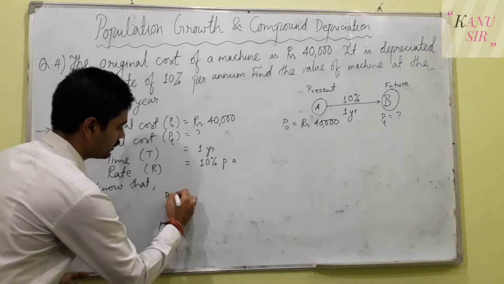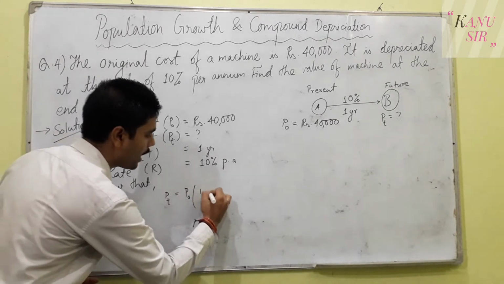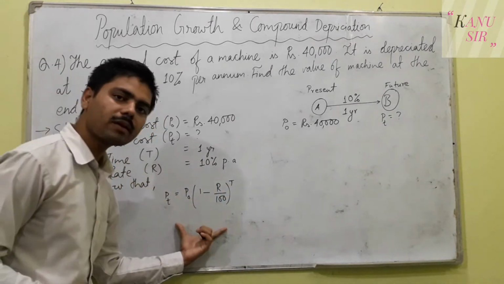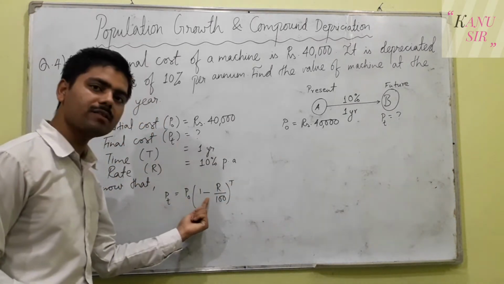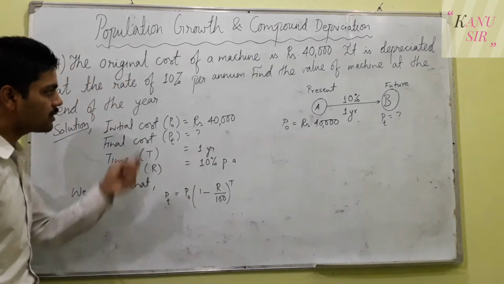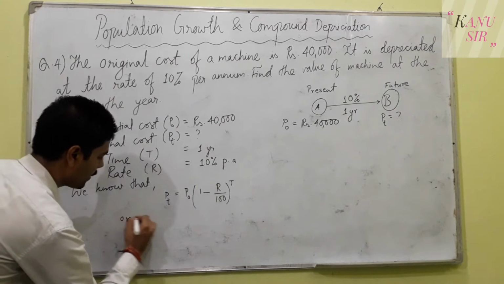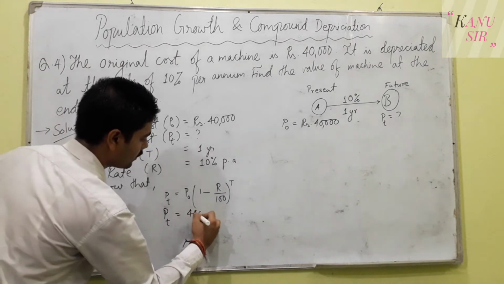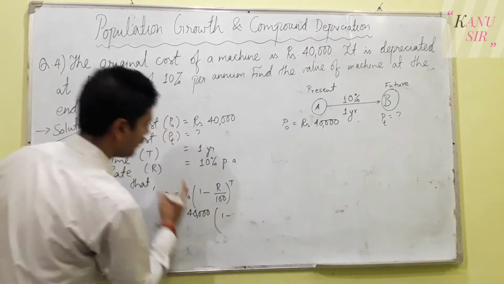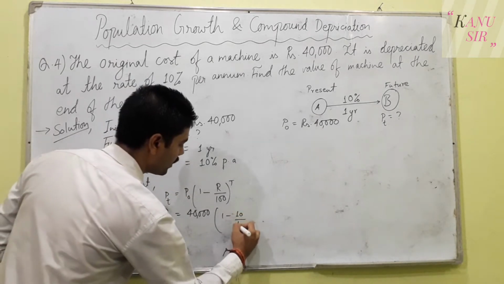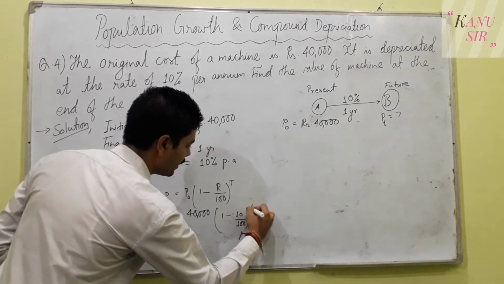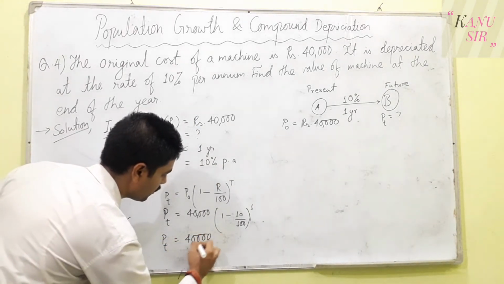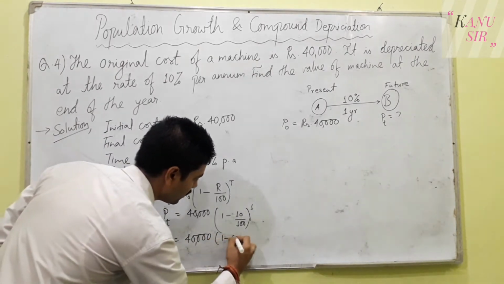Final cost is equal to initial cost times (1 minus R upon 100) to the power T. Here is the difference in the solution. You will never see plus here, you will always see minus in the formula because the value is decreasing. PT, the final cost, and P0, the initial cost, is 40,000, times 1 minus the rate, 10% upon 100, to the power 1 year. Because the power is 1 year, it is easy to solve the question. 1 minus 0.1